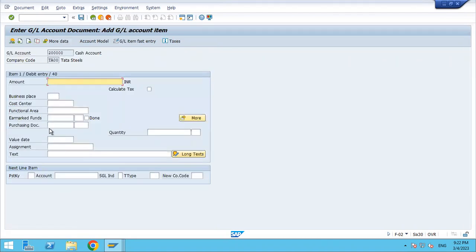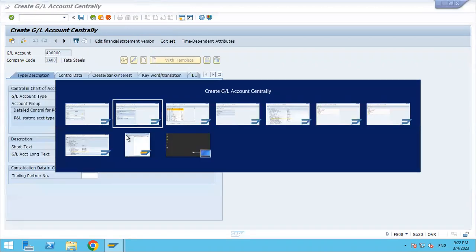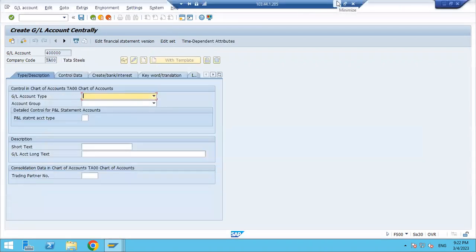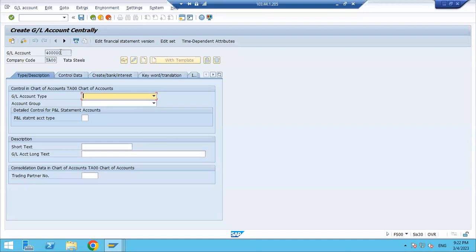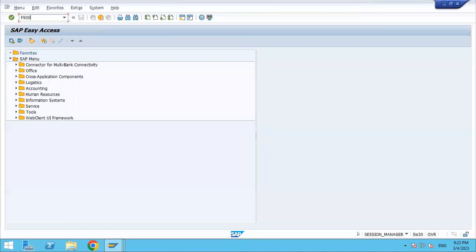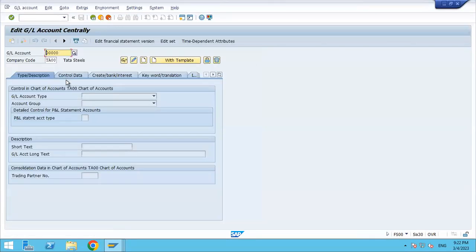Whatever fields are appearing here for this GL account are coming through the field status variant and field status group. So if you notice in the GL master data for this GL account, 2 lakh,